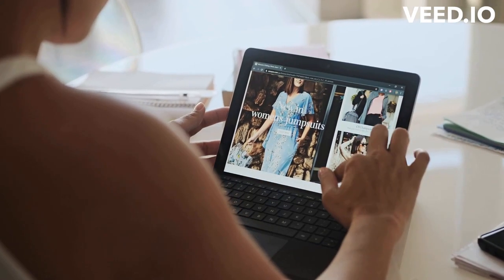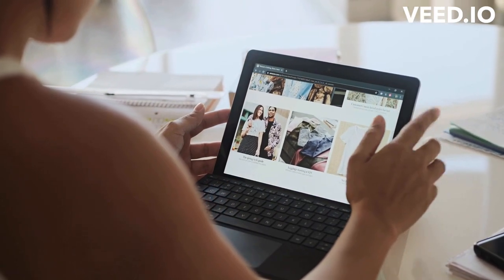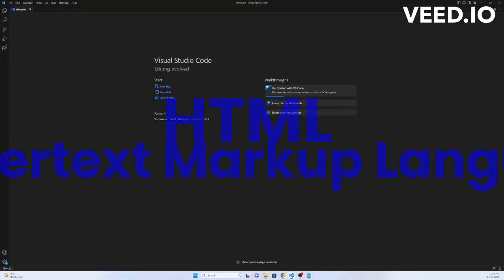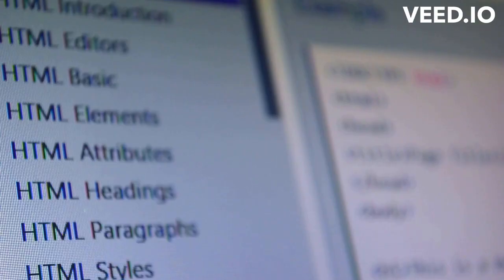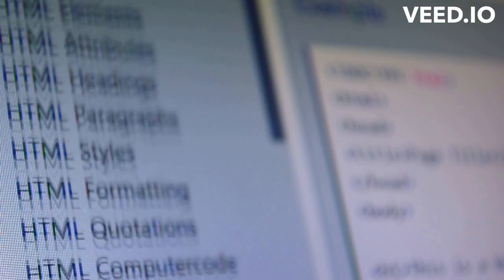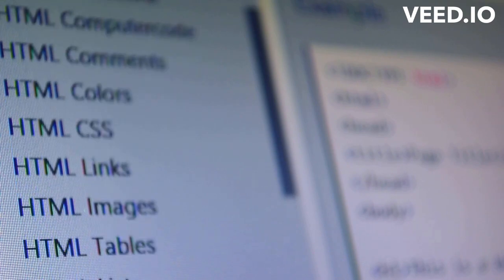Have you ever wondered how websites are created? Well, it all starts with HTML or Hypertext Markup Language. HTML is the language used to create web pages and websites. HTML is a markup language, which means that it uses tags to mark up content and tell the web browser